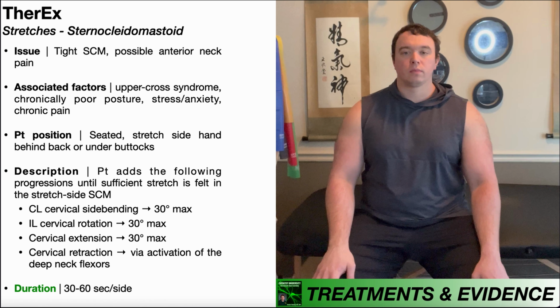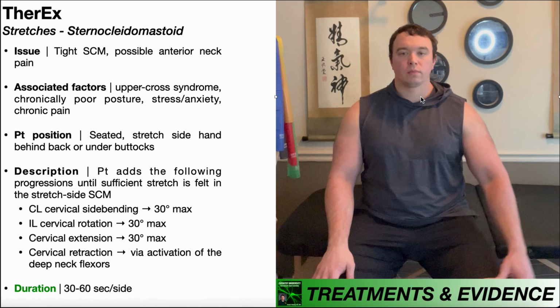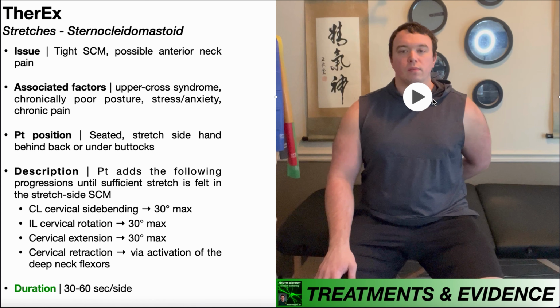To stretch the sternocleidomastoid, the patient's going to be positioned seated with their stretched side hand behind their back or under their buttocks with the palm facing up. So here, my left upper extremity is behind my back, so I'll be stretching my left sternocleidomastoid. And from here, the patient will add the following progression of movements until a sufficient stretch is felt in the